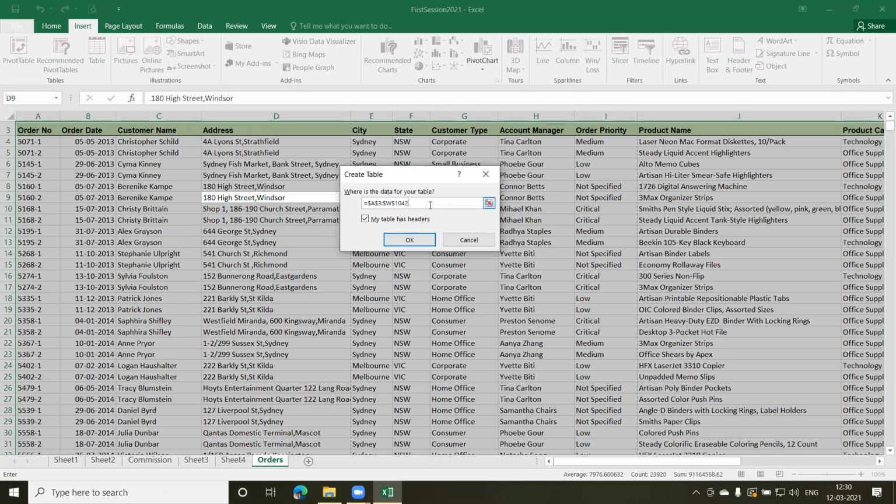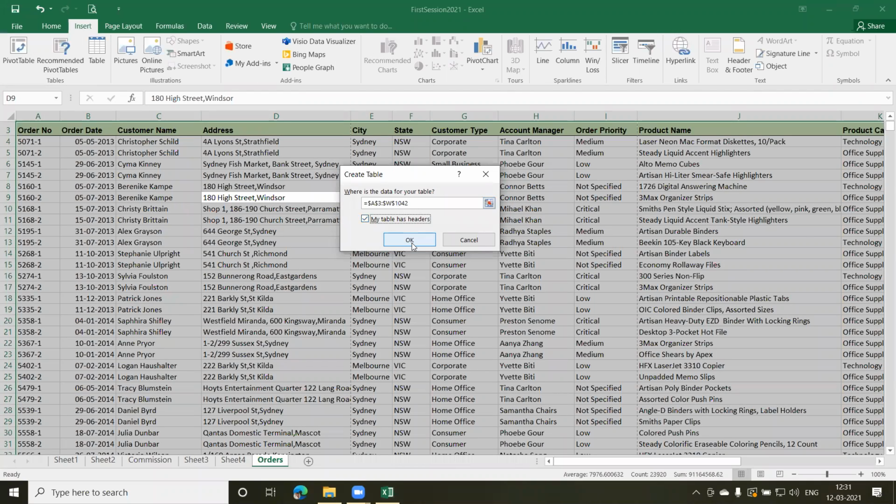Or you might get the data from a third party without column headings, and you're supposed to create the column headings yourself. So this option can be selected or unselected depending on whether you have a column heading or not. In this example, we do have column headers: order number, order date, customer name, address, city, state, and so on.